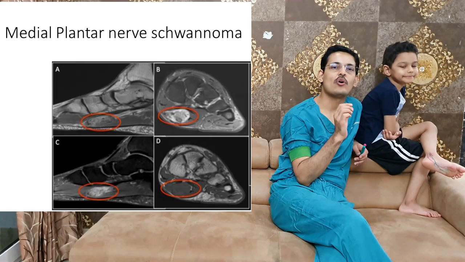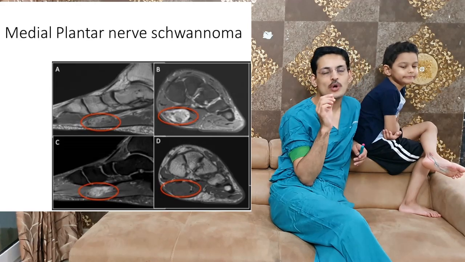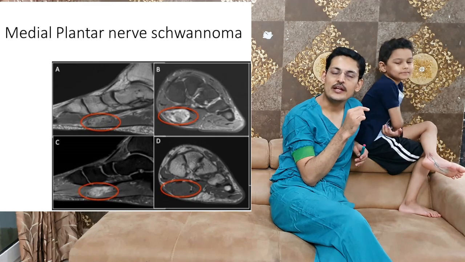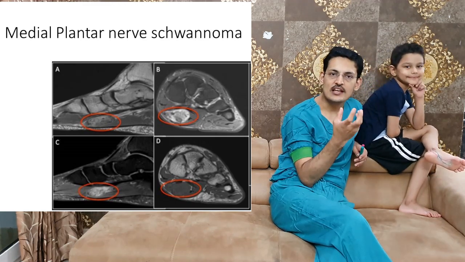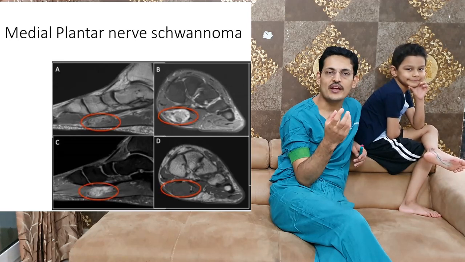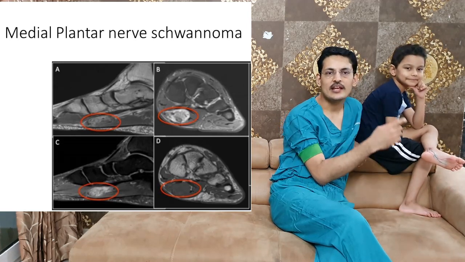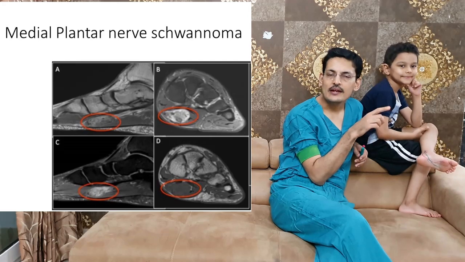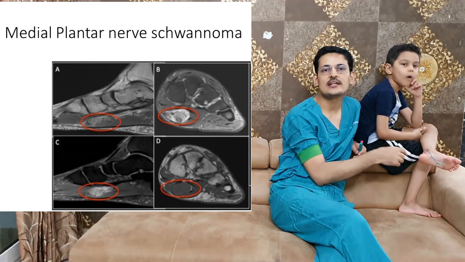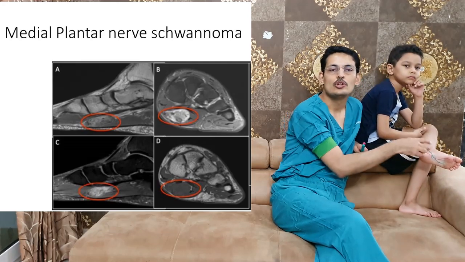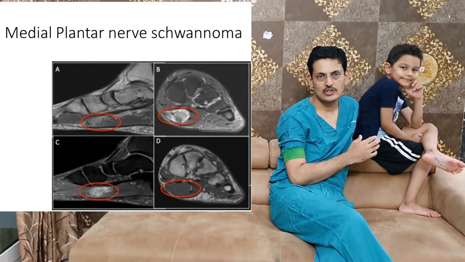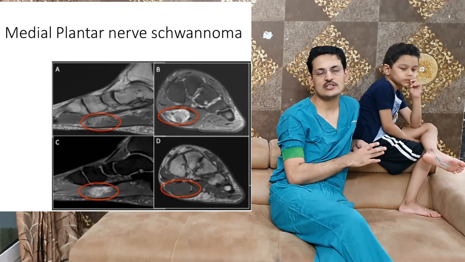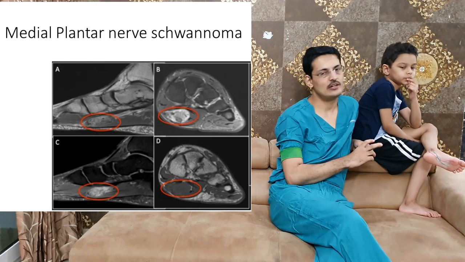The other important relevance of the medial plantar nerve in this particular area is that there are occasionally incidences of nerve tumors like schwannomas in this area, which can cause symptoms of mass effect. So the master knot of Henry can be altered, and there can be symptoms of pain and restricted movements in the area of the master knot of Henry due to large schwannomas in the region of the medial plantar nerve. So we must always take into consideration the medial plantar nerve.